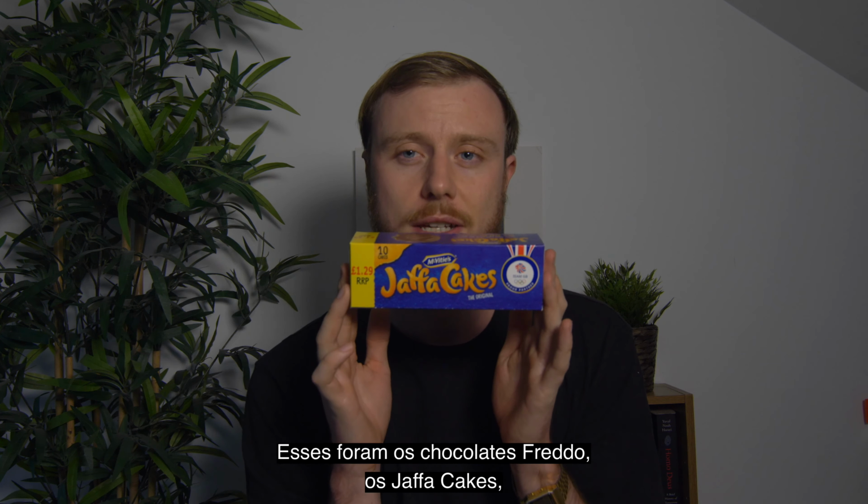Jaffacakes, biscuit or cake? That is the great debate about the Jaffacake. There was actually a court case about these. The court case was about whether they were cake or biscuit, because if they were a cake, they would fall into a different type of tax bracket. And these are always with the biscuits in the supermarket. When you want to find your Jaffacakes, you find them with the biscuits. However, they are a slight kind of